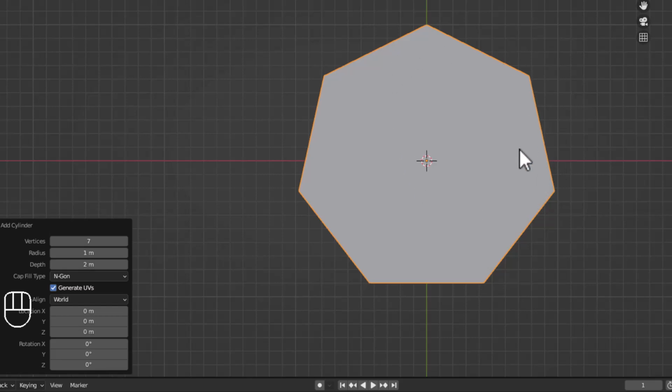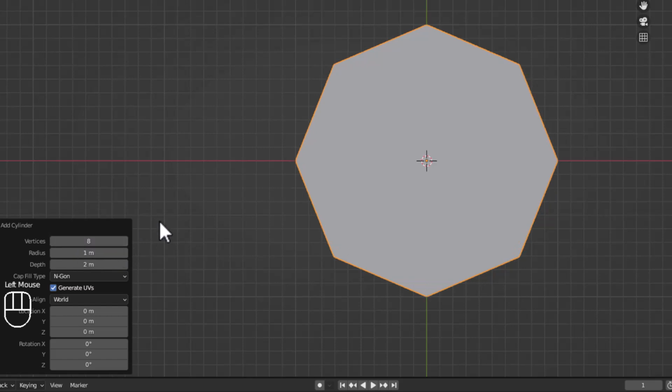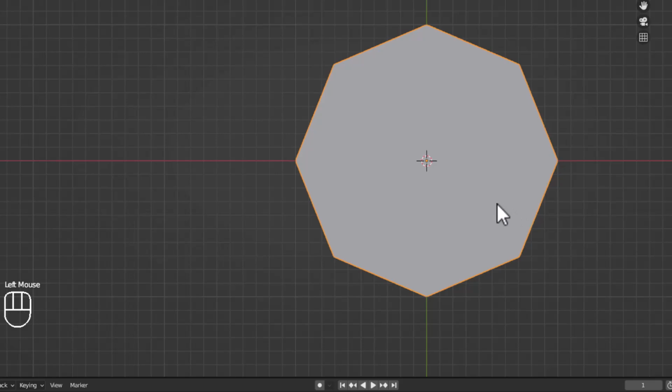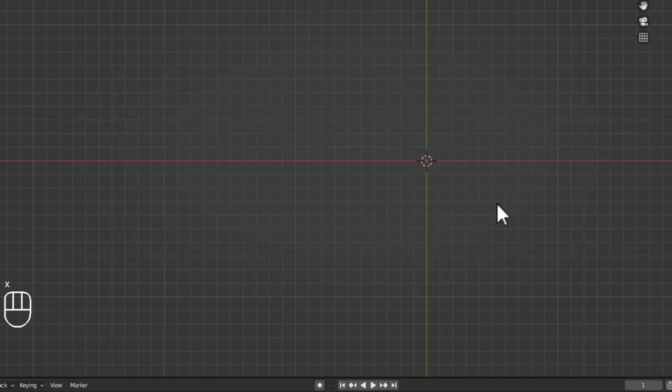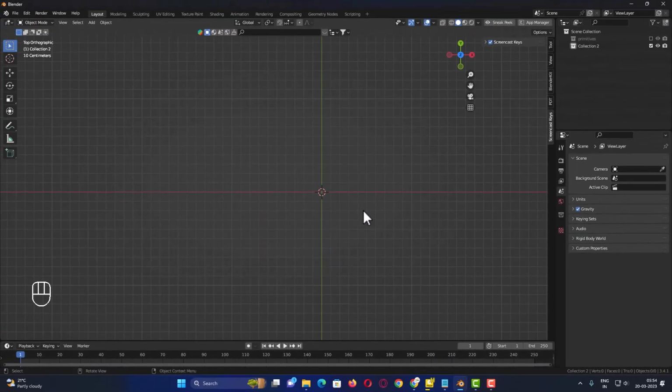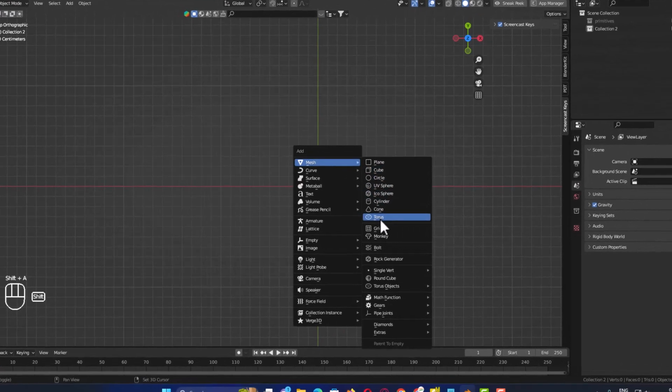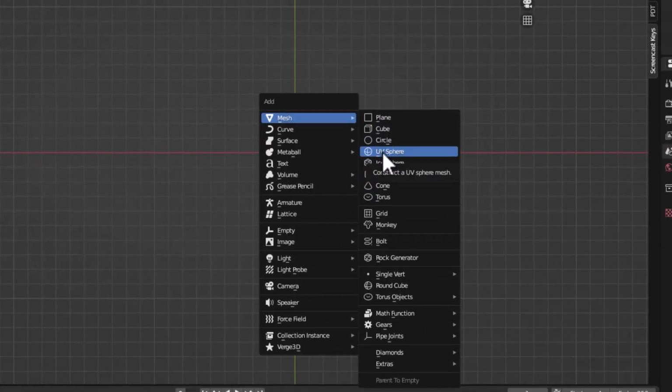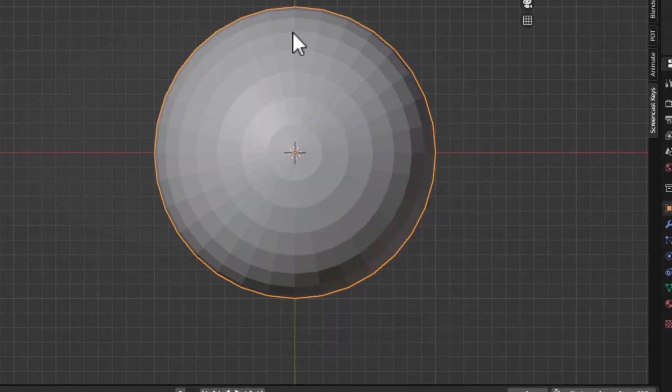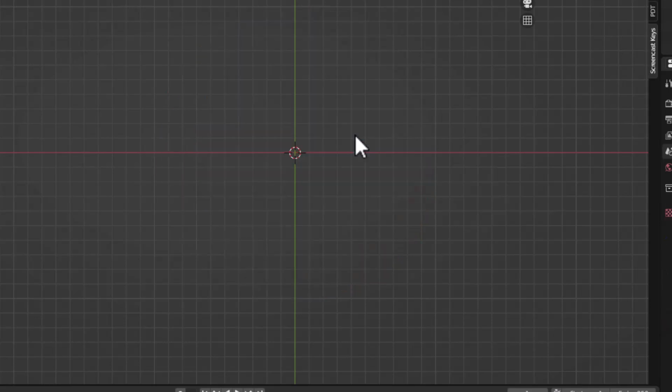So, as soon as we create an object, we are going to set this number of vertices correctly so that it matches our requirements. Now, I will select this, press X and delete it. So, right now what you are seeing is, whenever I press Shift plus A and add any of the primitives here, the primitive is added exactly at the center. You can see it is added exactly at the center, but always these objects are not added exactly at the center. I will again press X and delete it.